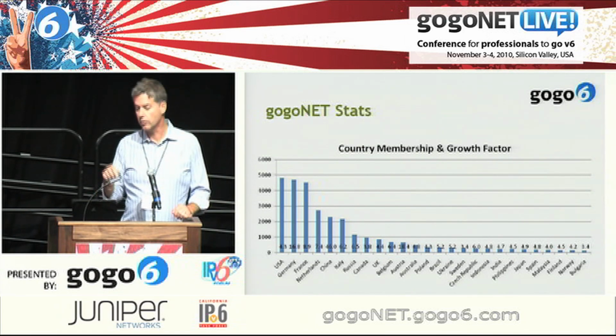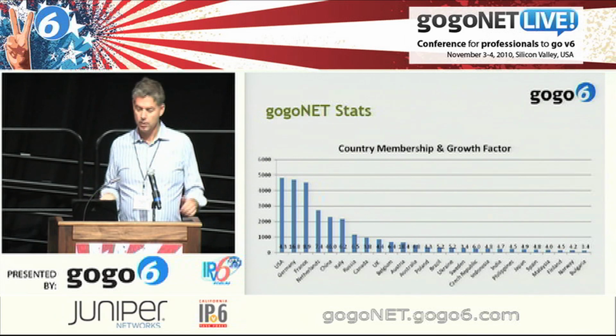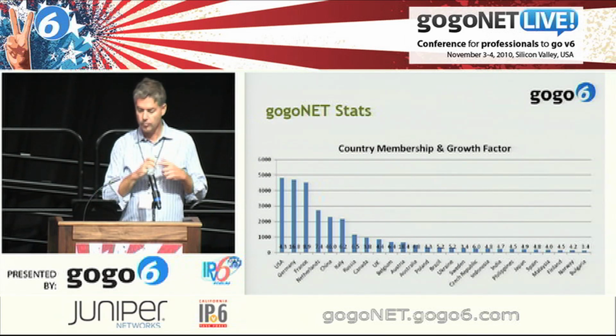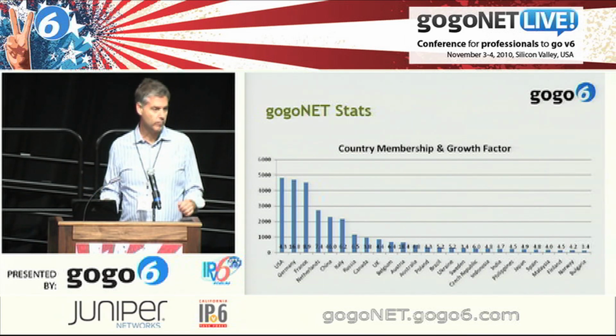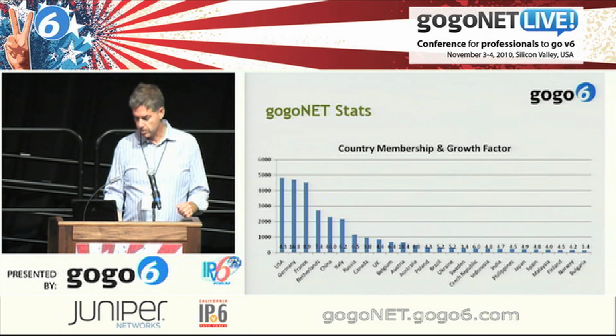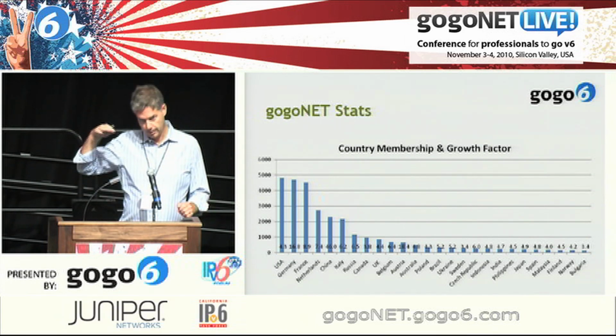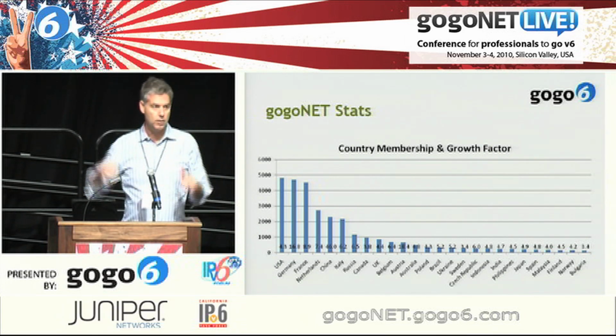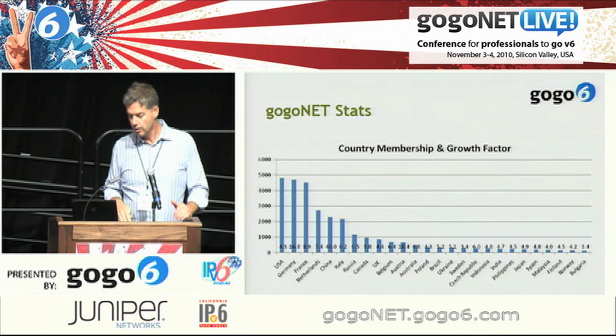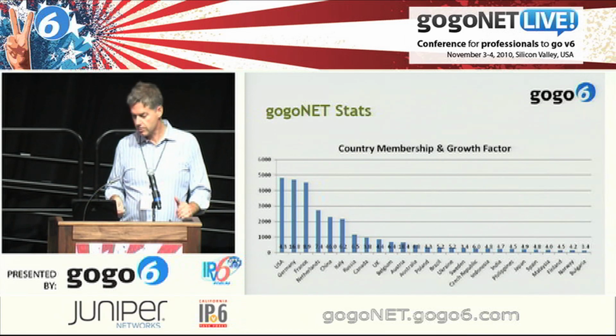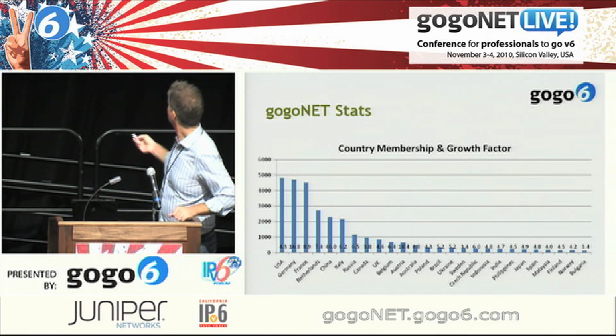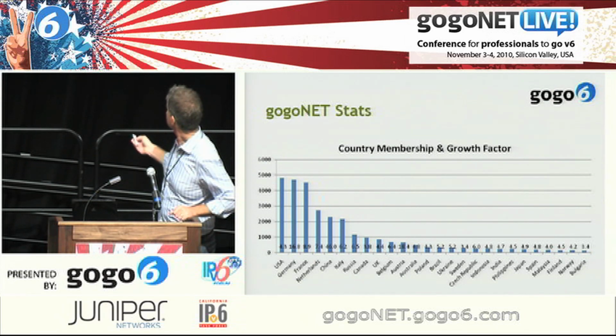This is the growth factor from 1 year ago. So remember, the overall growth factor for the social network was 6.6. So you can see the US, relative to the overall, hasn't grown. It's at 4.3. Germany, however, is 16.8. So there is a bit of an anomaly with Germany. Germany and Austria, see 18.4.